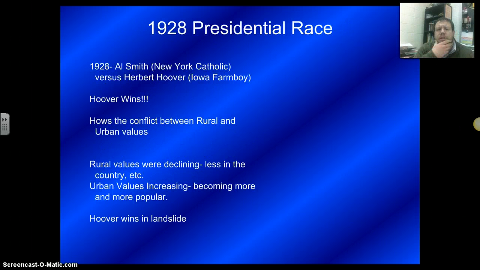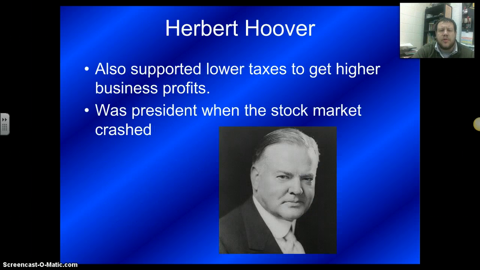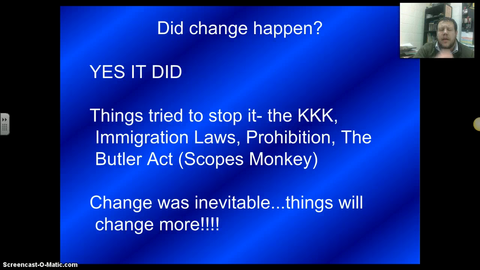We do see a presidential race in 1928 where Al Smith, a New York Catholic, the first Catholic ever to run for president, runs versus Herbert Hoover, who is a farm boy from Iowa. Hoover wins, but it really shows the changes in the country, rural versus urban values. Rural values are kind of going down, urban values were going up, and Hoover does win in a landslide. He's the guy who supports lower taxes, very conservative, same as Harding and Coolidge before him. And the question: did change happen in the country? You bet it did. People tried to stop it, but change